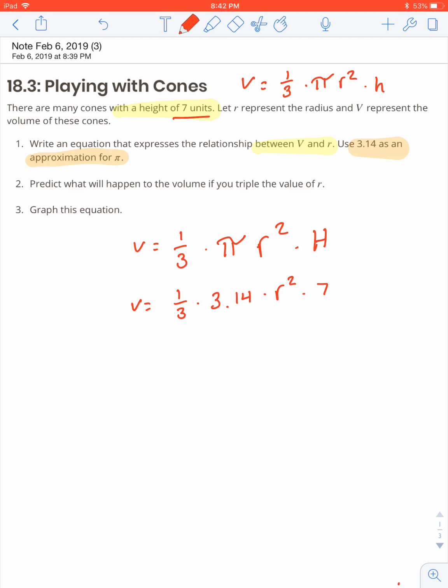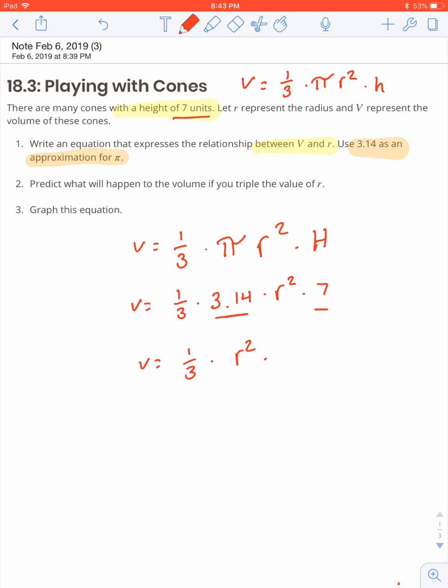Now, this is perfectly fine, okay? However, I will tell you right now, as some of you are looking at it, it looks really nasty. So, here's what we're going to do. We're going to clean this up a little bit by combining like terms. So the first thing that I want you guys to do is multiply 3.14 times 7, okay? And that's going to give us